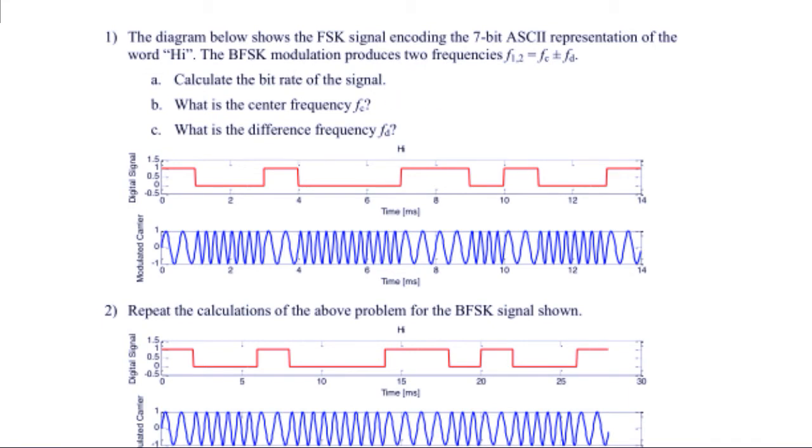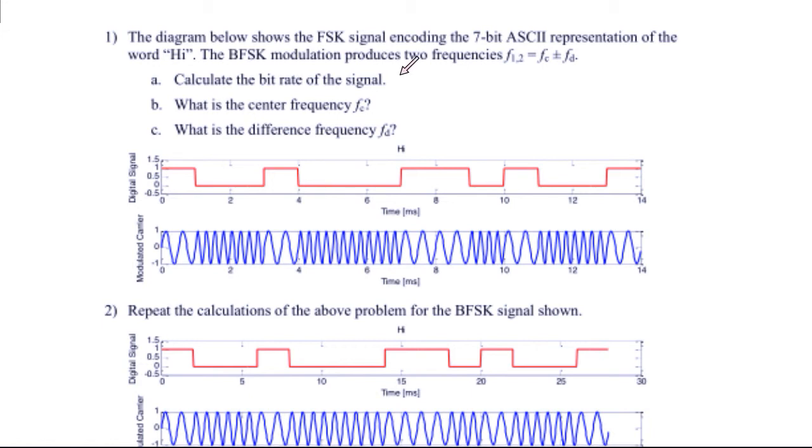The difference frequency, according to the definitions in the text, is actually half of the difference between the two frequencies. And it's this FD value that's used in coming up with the equation for the channel plan. In any case, we can see that we have 1, 2, 3, 4, 5, 6, 7, 8, 9, 10, 11, 12, 13, 14 bits in 14 milliseconds, meaning we're sending 1,000 bits per second, or 1 kilobit per second, is